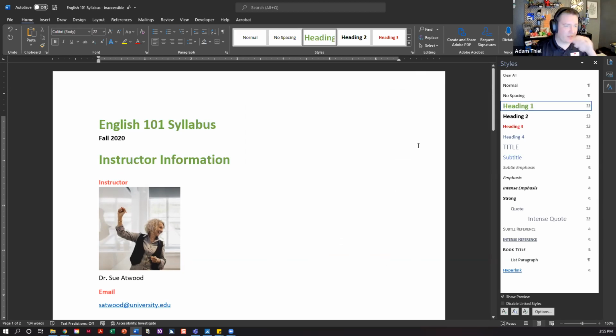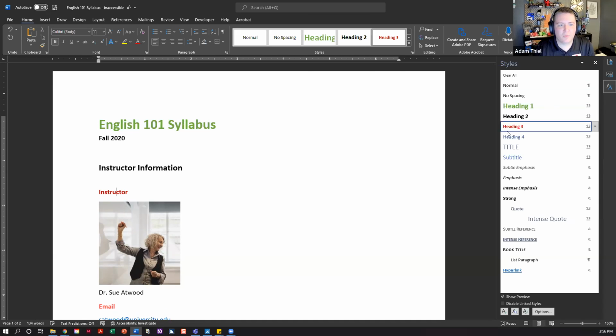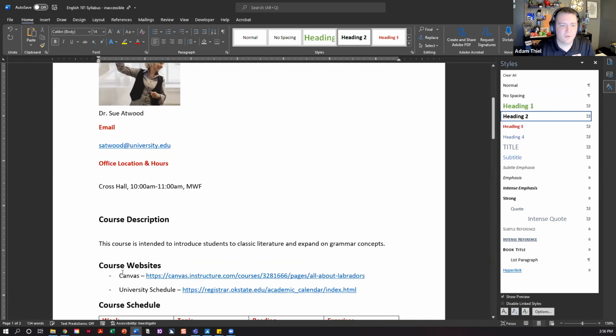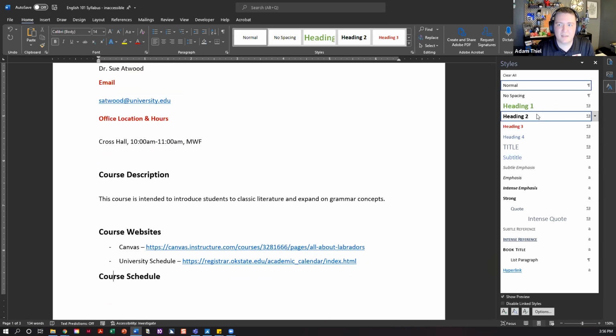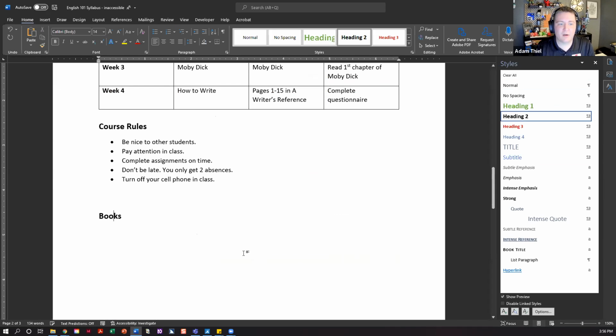And so that's really a nice benefit of using the styles panel, that you can become more efficient at building documents, and it's also more accessible. And so I'm going to go ahead and change that back to heading level 2. And so really quickly, you could come through your document and just, that's your heading level 1, that's a heading level 2, that's a heading level 3, that's a heading level 3, another 3, another 2. And so you can just really quickly go through and set these to be what they need to be. And then you can go back and play around with the